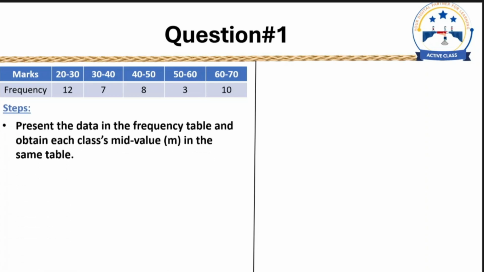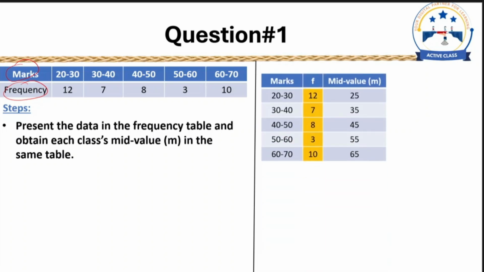Step 1. We present the data in the frequency table and obtain each class mid-value in the same table. Here we are given marks in the class interval and frequencies, so we make a frequency table with the mid-value of the class interval. This is the frequency table. For each class, we are given the frequency. So here, in the class 20 to 30, the frequency is 12 and the mid-value of this class 20 to